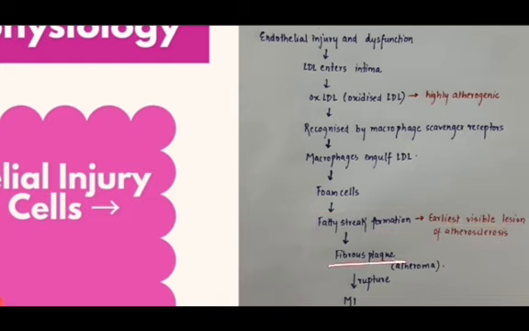But the vulnerable plaques, they have a very thin cap and a large soft lipid core. They don't necessarily cause significant narrowing, but they can rupture. And when they rupture, the lipid core is exposed to the blood, platelets rush in, and a thrombus gets formed. And then the artery gets blocked completely, that is MI.